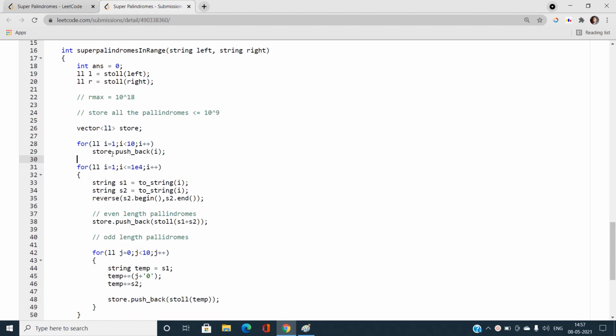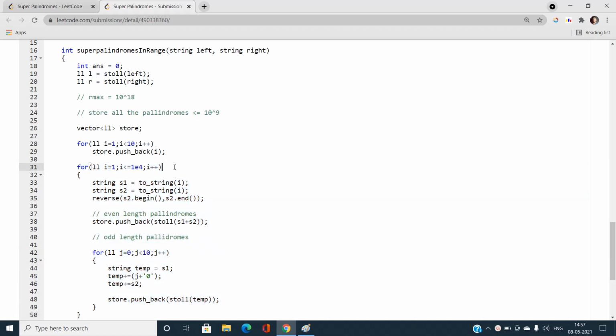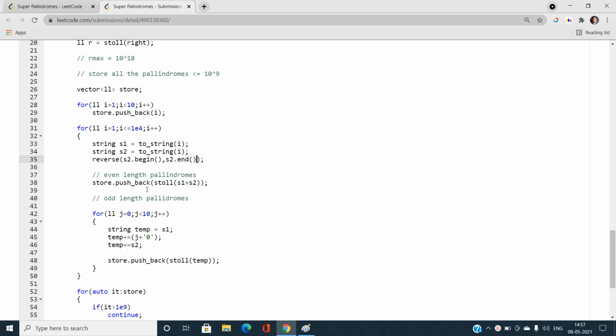That is a prerequisite, previously storing strings of length 1, and then I have iterated for all the integers in the range 1 to 10 power 4. I have found s1 and s2, which stores the reverse of my original integer, and my even length palindrome would be the integer value of s1 appended with s2.